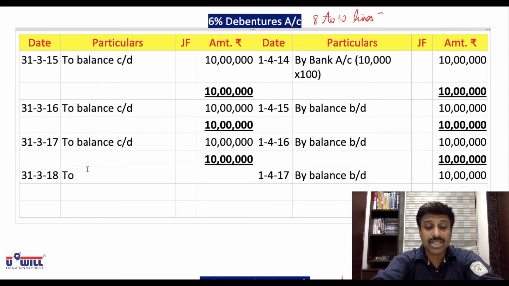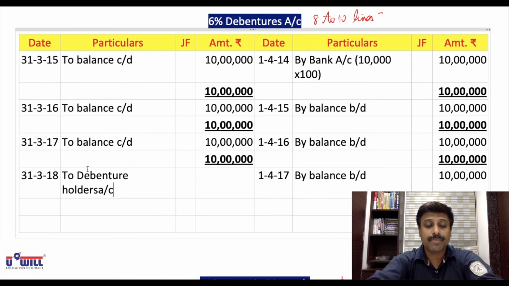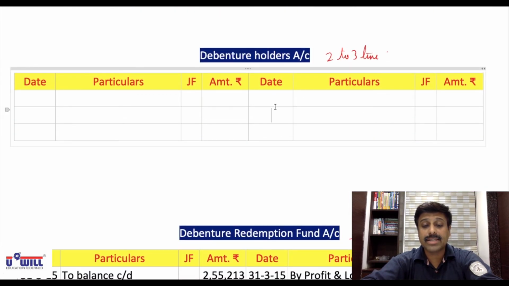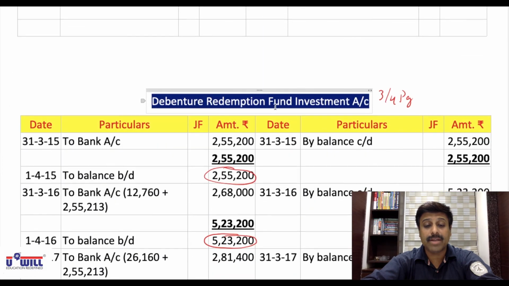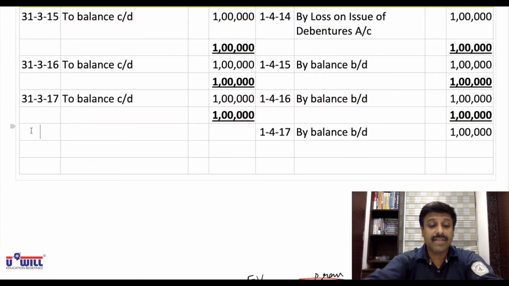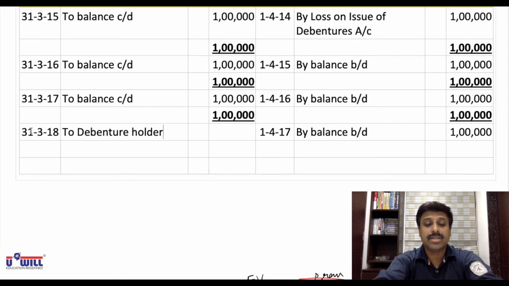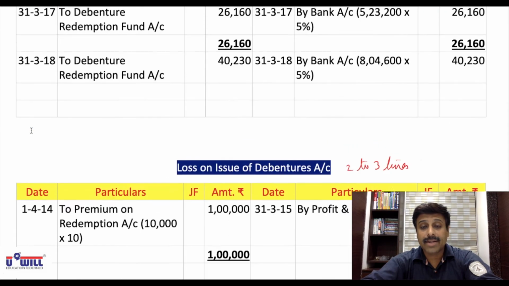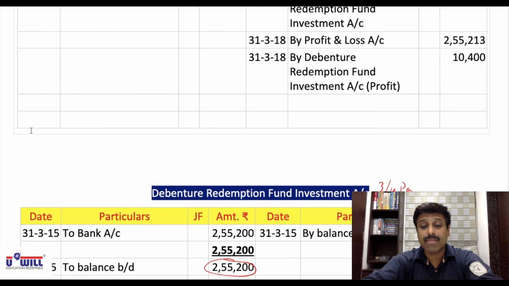So first on debentures account debit side will transfer to debenture holders the amount of 10 lakh rupees, okay, and debenture holders credit side, okay, also premium on redemption account debit. So premium on redemption account also on debit side 31,318 will transfer to debenture holders account 1 lakh rupee,